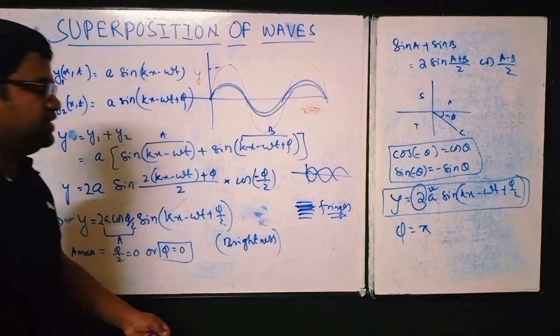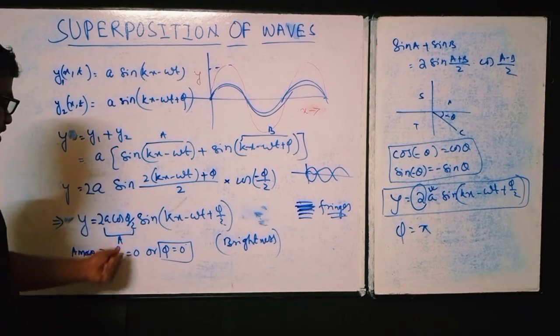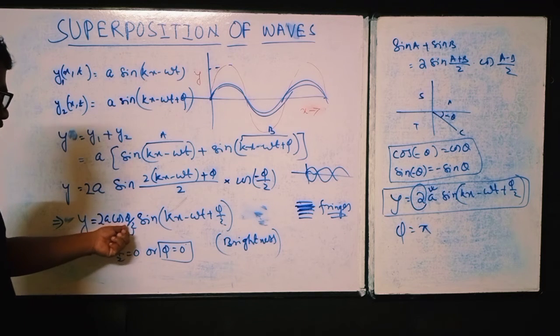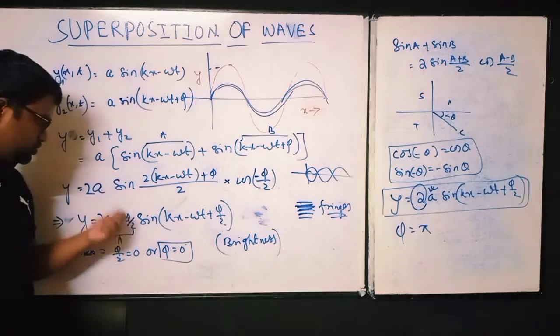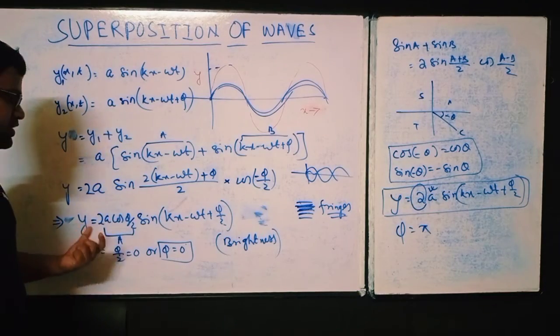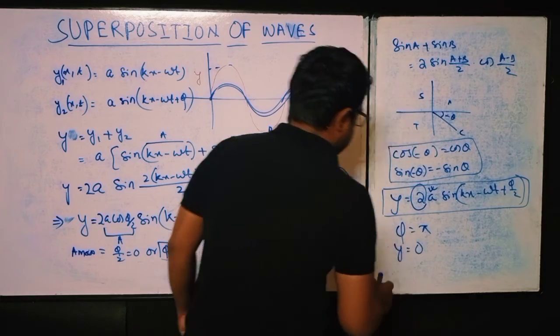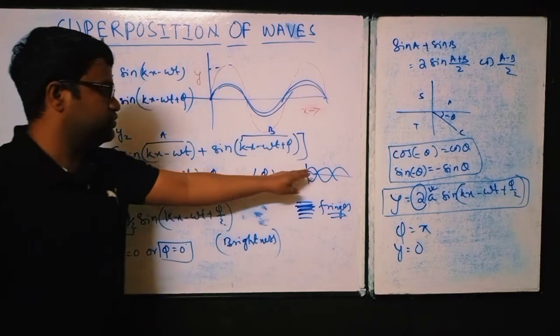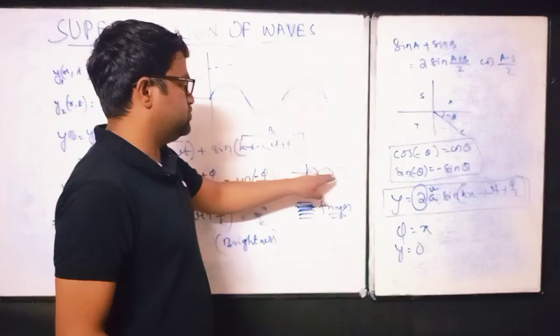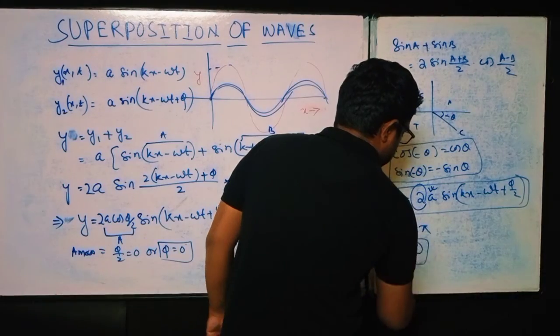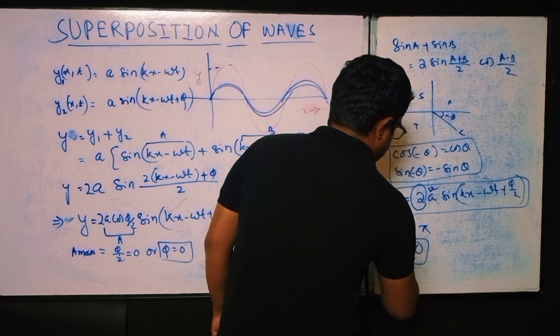When the phase difference is pi, destructive interference occurs, and cos phi by 2 becomes cos pi by 2. Cos pi by 2 is 0, so you get y equal to 0. That means the displacement is 0 and the amplitude becomes 0. So with zero amplitude you get darkness, and the displacement is also 0. So for phi equal to